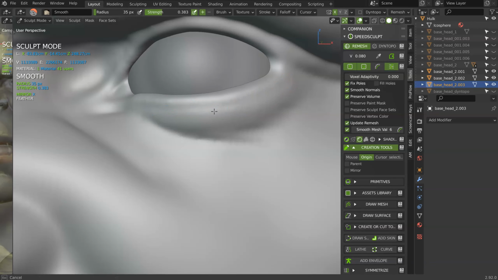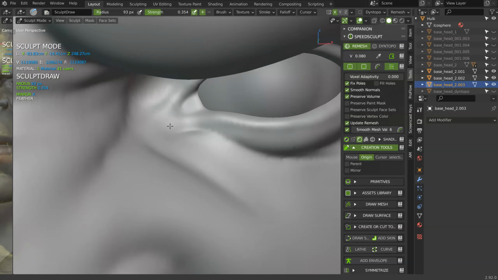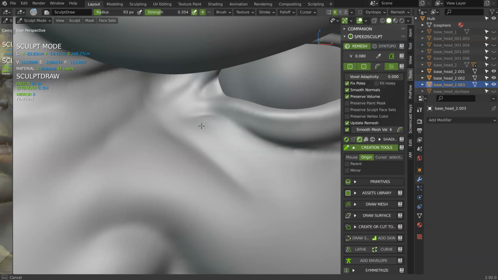You add your details and after you smooth a little. You just want to see, you don't want to show. I don't know if you understand the difference.